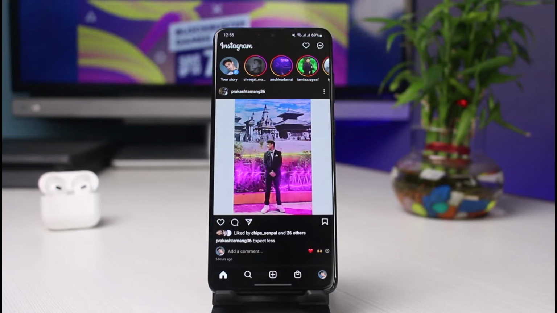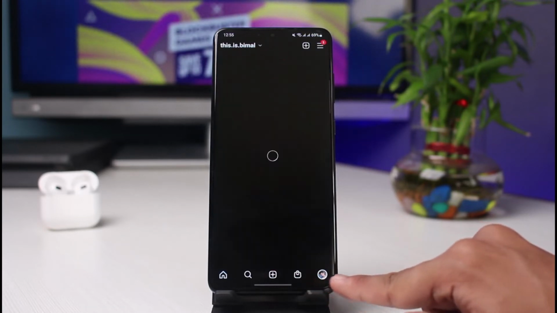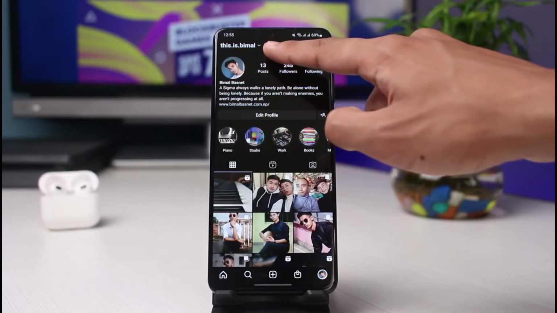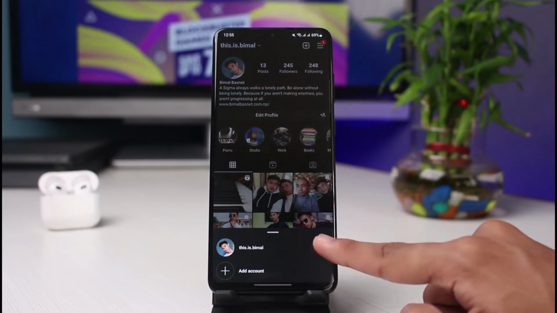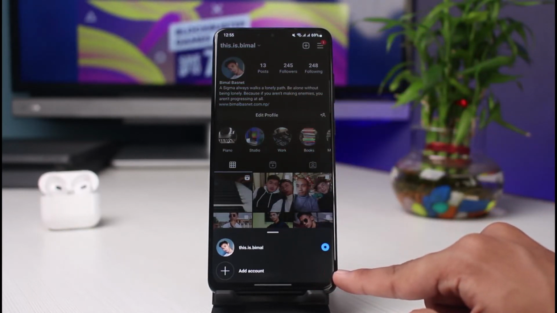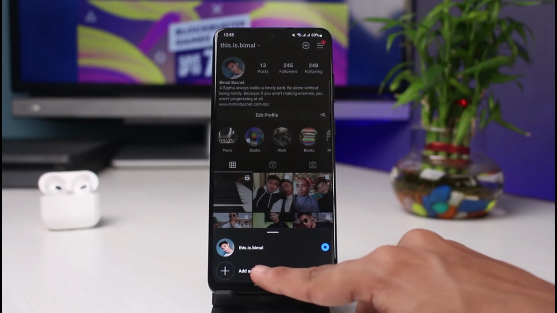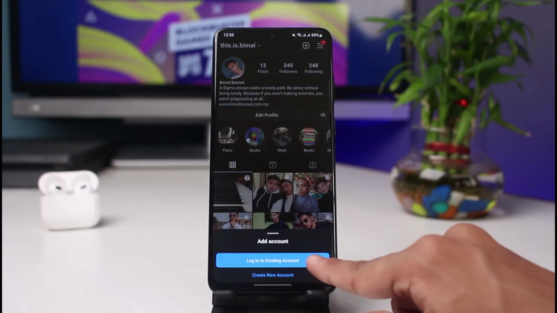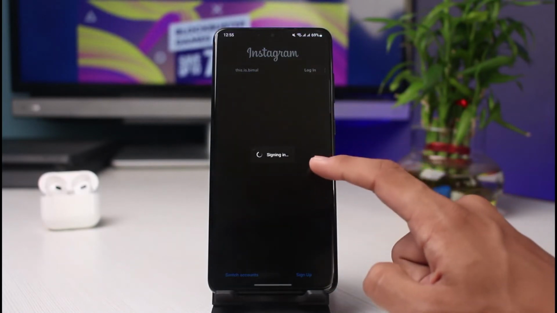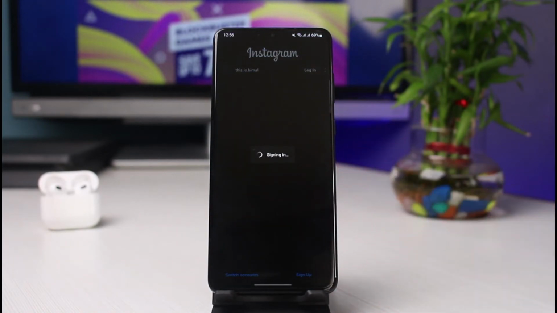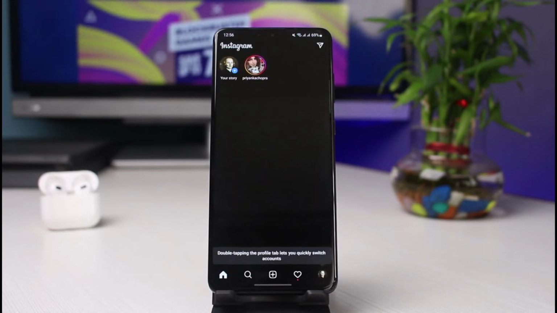Now, let us assume that you want to add another account to your Instagram app using your Android phone. Well, what you have to do is first of all go to your profile page, and on the very top you'll be able to see your current username. If you tap on it, you'll also be able to see a list of all the other accounts which you have added on your phone. So if you want to add another account, simply select the add account button which you see and select login to existing account. Now over here we will simply go ahead and select the account which we want to log into, enter your username, your email address, your password, and so on, and you can see we're successfully logged